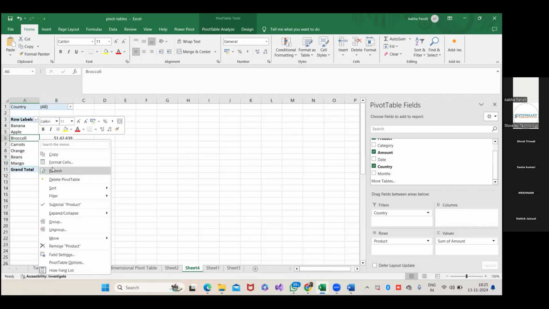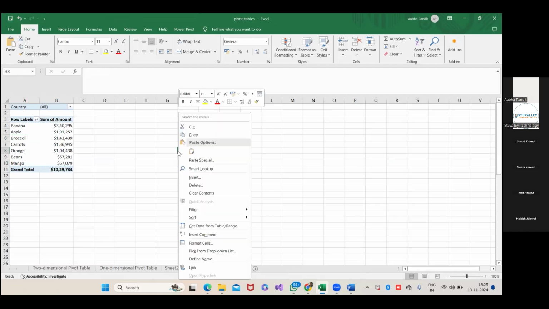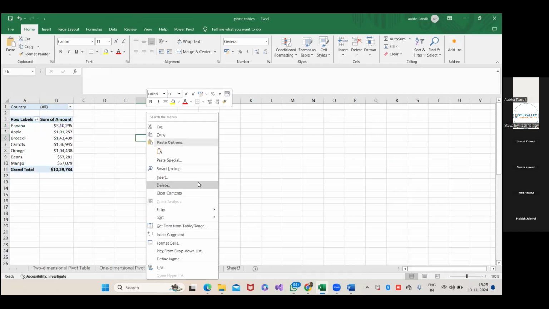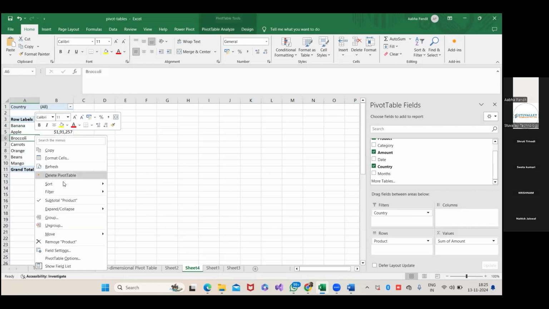By just right clicking with your mouse. But where are you going to click? In the pivot table. मैं pivot table के अंदर क्लिक कर रही हूँ, यहाँ पे नहीं क्लिक कर रही हूँ, तो मुझे sorting के अलग options दिखाई दे रहे हैं, right? Whereas if I am clicking outside the pivot table, the sorting options are completely different. So all such kind of things we will have in the pivot table.